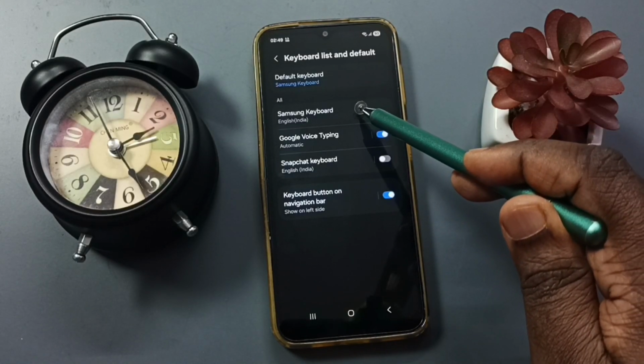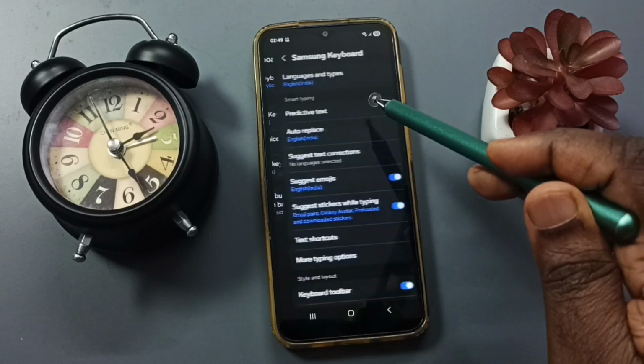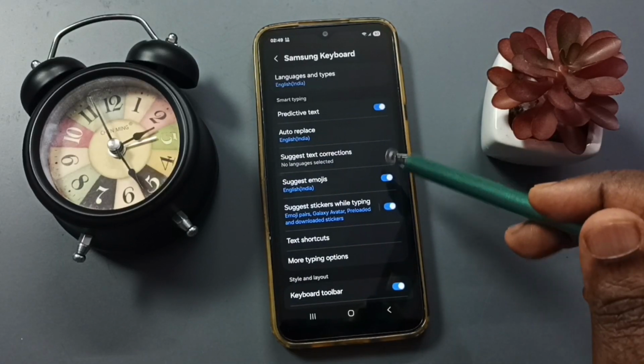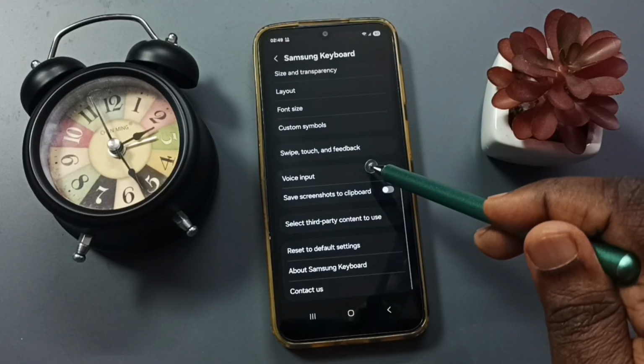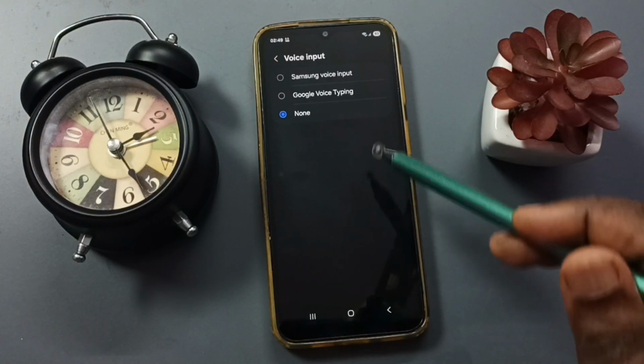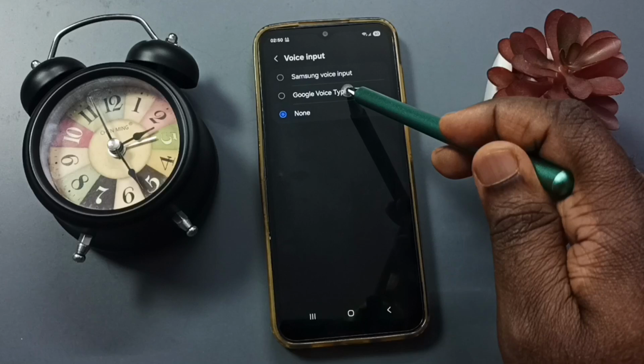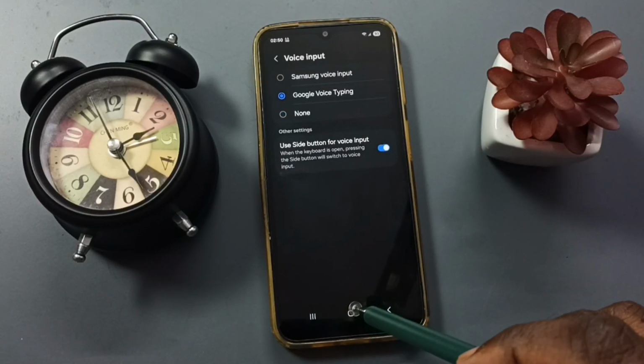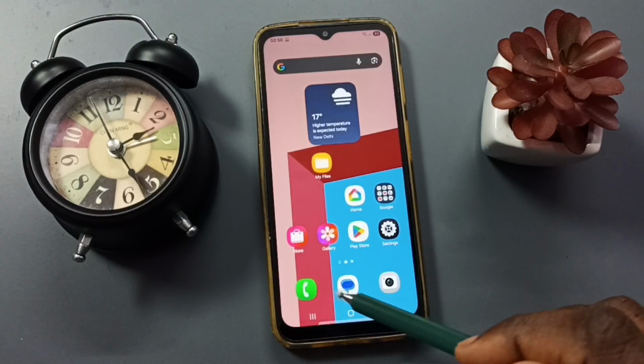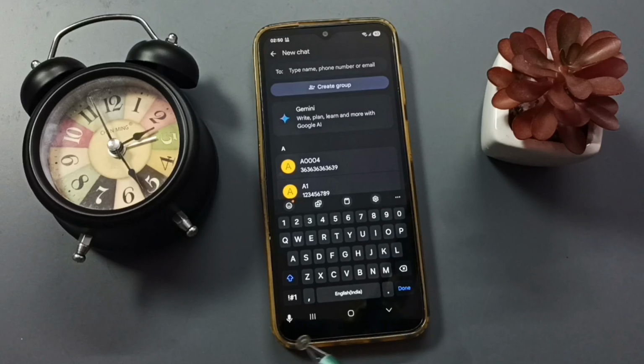Then tap on Samsung keyboard. Tap here. Now we are seeing Samsung keyboard settings. Go down, tap on voice input, and here first let me select Google voice typing. Done. Then go back to messages app, and now here in this Samsung keyboard you can find the microphone voice input